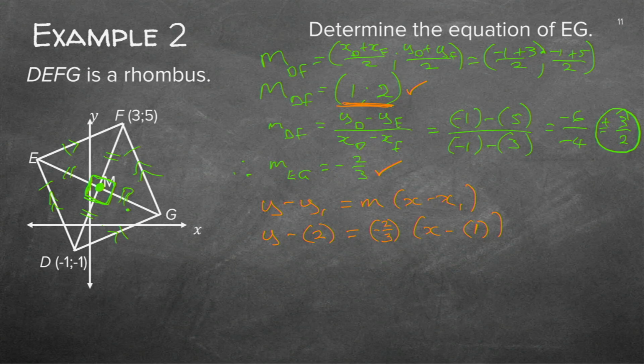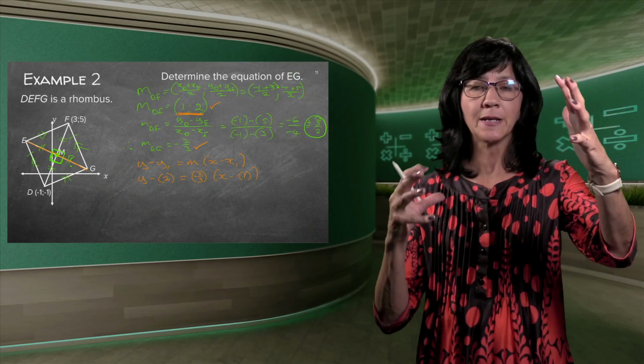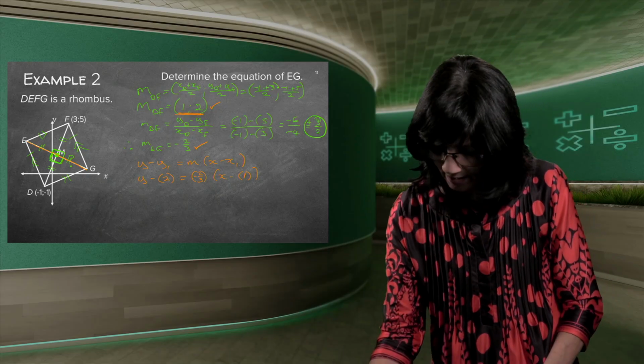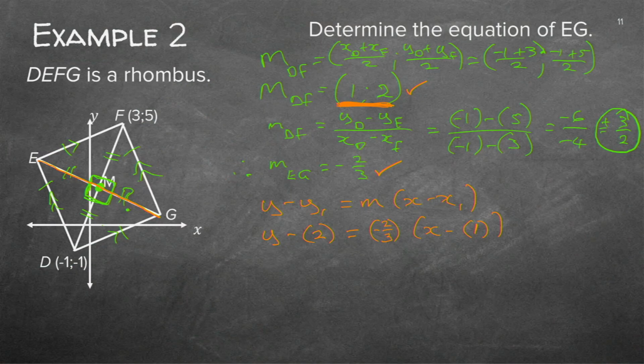Just be very careful. If I'm working with line EG, I need to only use points and data on EG. I can't grab any of the other points because that has got nothing to do with EG. So that's why I used this point there, 1 and 2, which was the midpoint. Maybe you should make a capital letter like that. I tend to make them round as well. But we need to see the difference between a capital M, which stands for midpoint, and a small m that stands for gradient. Now I must just simplify.